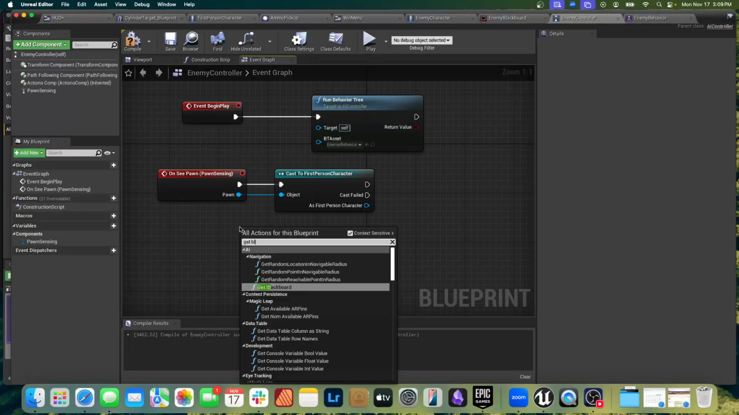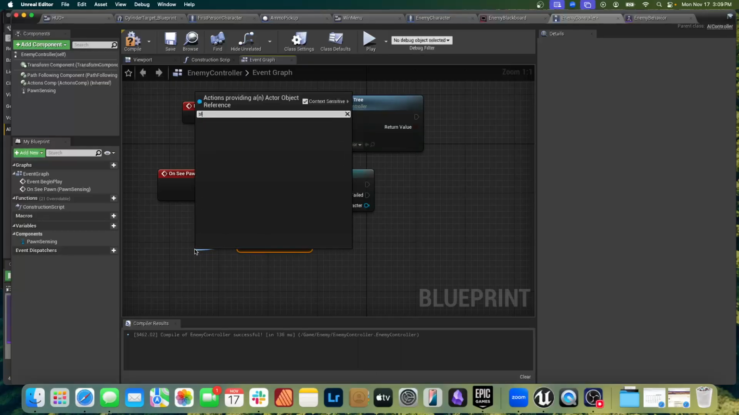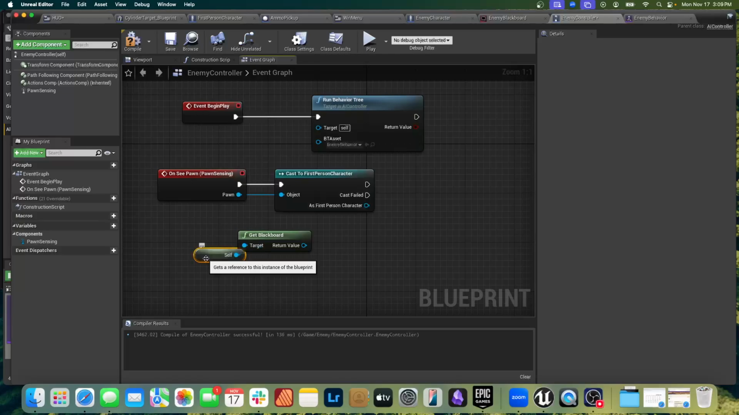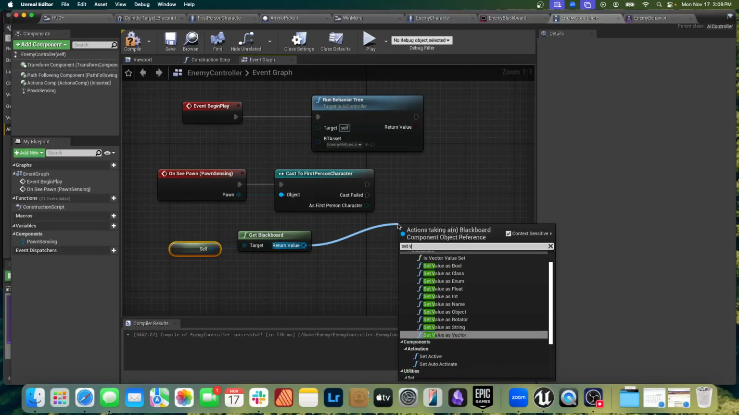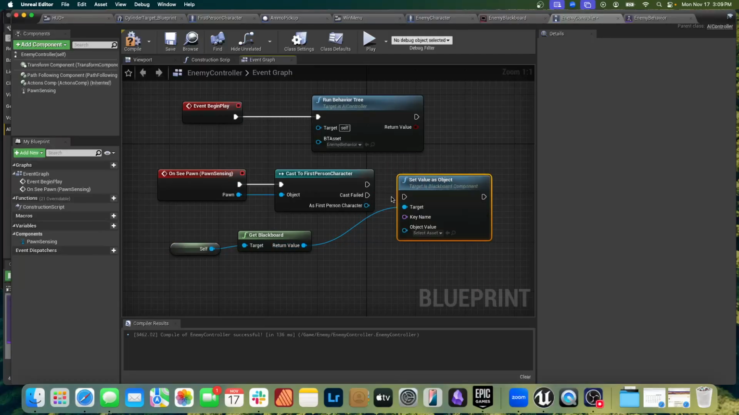We're going to do a get blackboard. Our target here, we're going to drag this out. We're going to say we want a self. Here on our return value, we can do a set value as object. Now we can bring in our first person character to be the object value. We're going to do this to that for our execution tree, and then we're going to add a